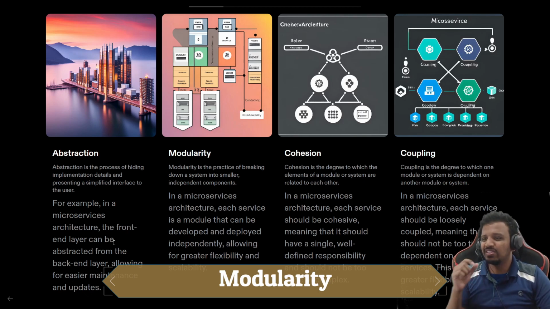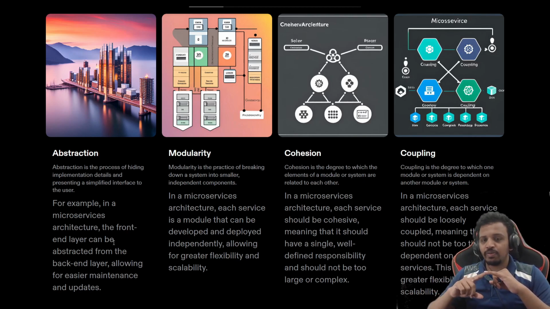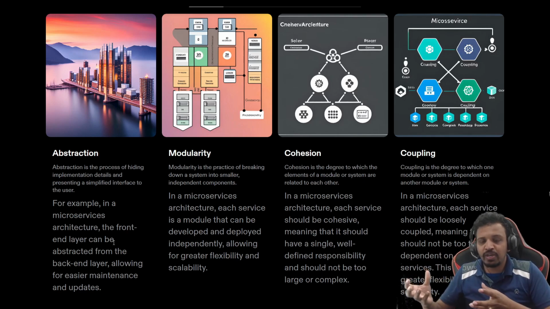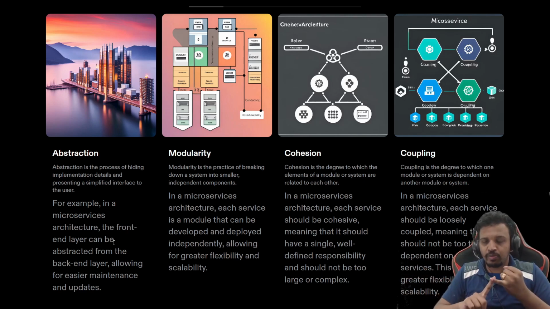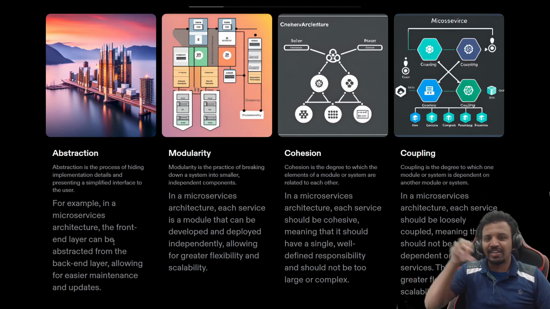The second point is modularity. It is the practice of breaking down a system into smaller independent components. We'll take an example of a common use case, e-commerce again. Your courier service should not be dependent on the availability of the website, right? Your website availability should not depend on a specific vendor, right? It should not be dependent on the weather. And your payment should not be dependent on whether you are doing it from mobile, or from a laptop or system. So there are all these things which are independent of each other, though there is a flow, but they are independent of each other.